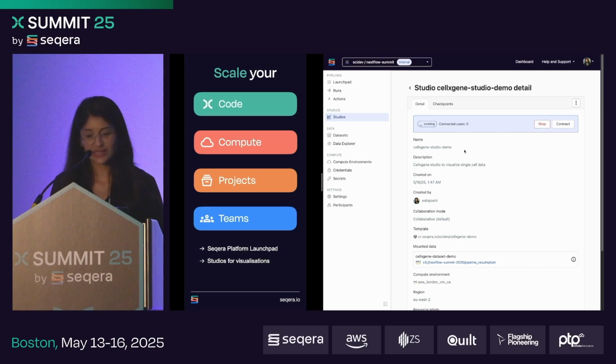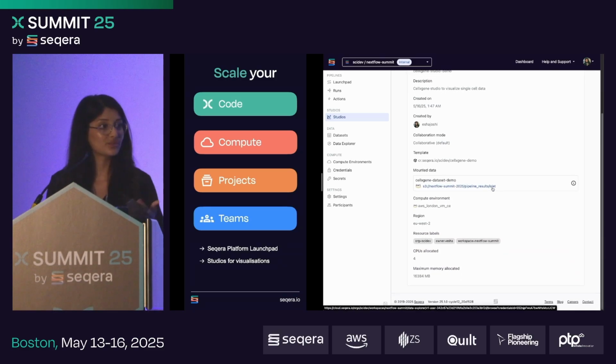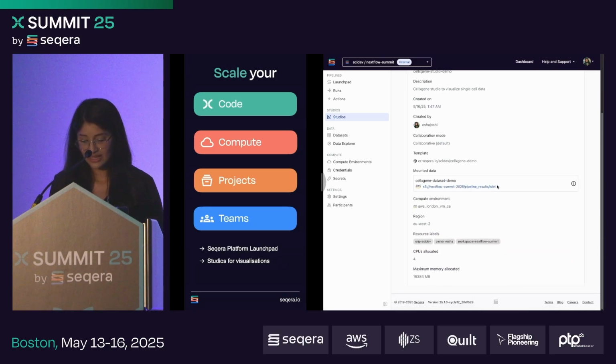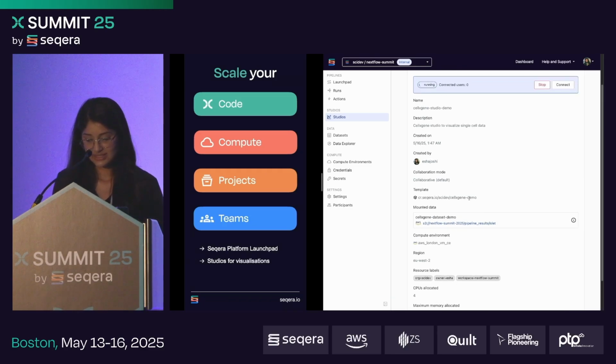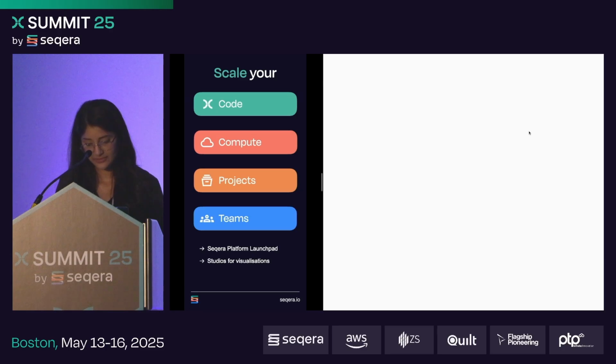It's called a cell by gene studio. And you'll see here I've mounted in the results of a previous run for that pipeline. And I've also specified the memory requirements for it. And here is where I indicated what kind of custom container I wanted to use that will run cell by gene. If I connect into it,